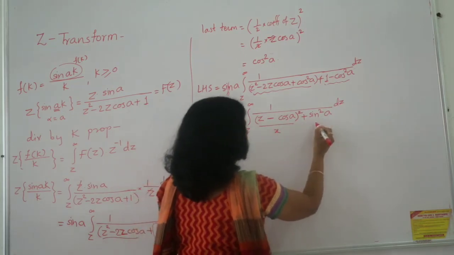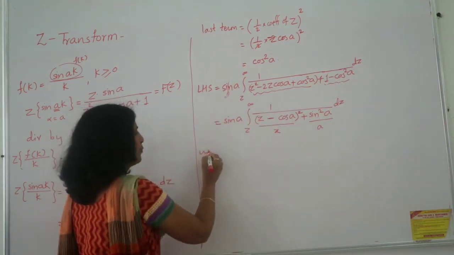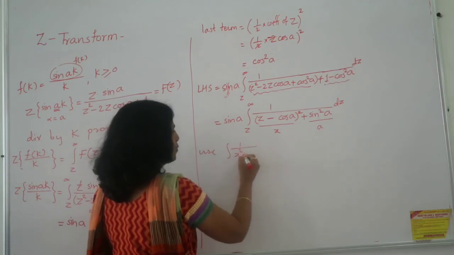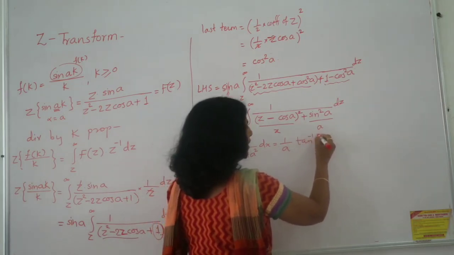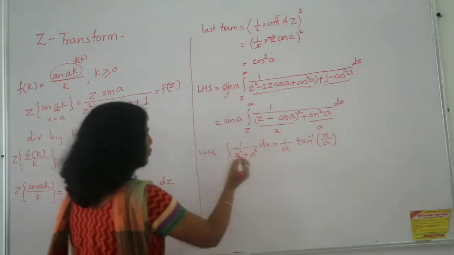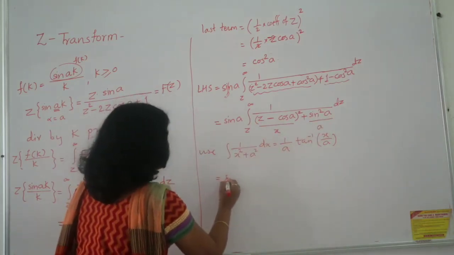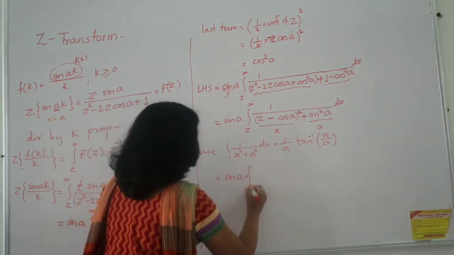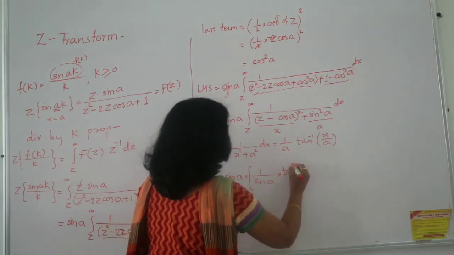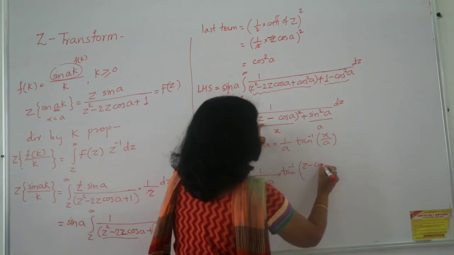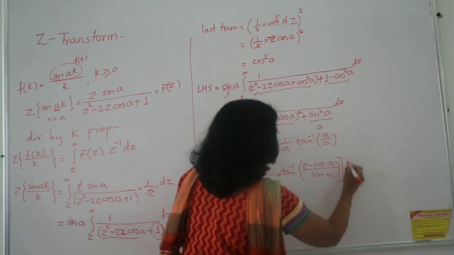And now I will consider this one, Z is our variable. So I am considering this as x, I am considering this as a, and so the formula applied is 1 upon, this is the formula, see, integration 1 upon x square plus a square into dx. What is the formula here? 1 upon a tan inverse of x upon a. So we have to use this. So remember, what is a? Sin A. And what is x? Z minus cos A. So if I place here sin A, 1 upon a is sin A multiplied by tan inverse of this quantity, Z minus cos A, and divided by how much do I have? Sin A. And the limit ranges from Z to infinity.